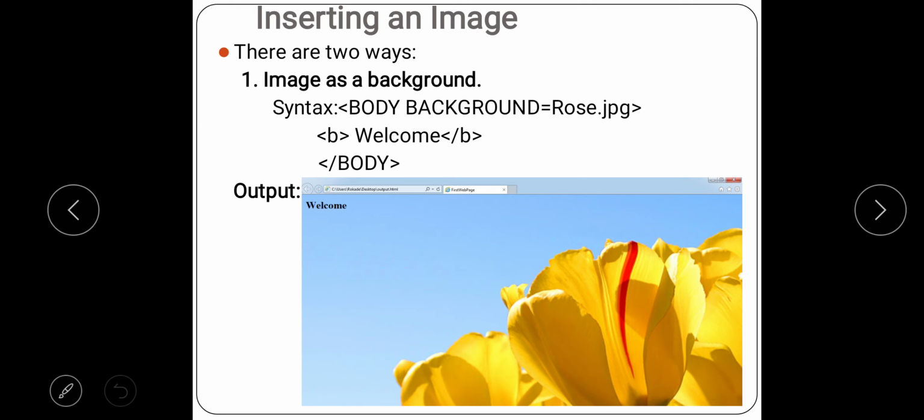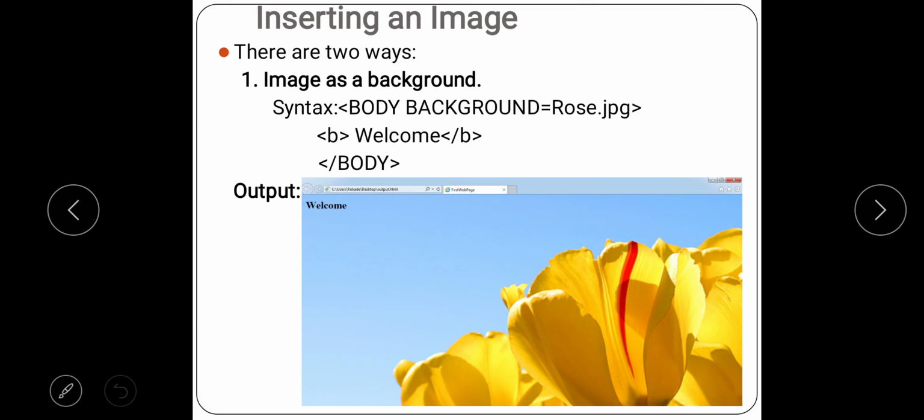This part is very important. Suppose you are using any GIF file and here in the code you are giving the wrong extension. Suppose you are giving .jpg, then that file will not be seen in your code. So it is very important to give the proper name. See, the name of the file is case sensitive. We have studied that the tags are not case sensitive, but the file name is case sensitive.